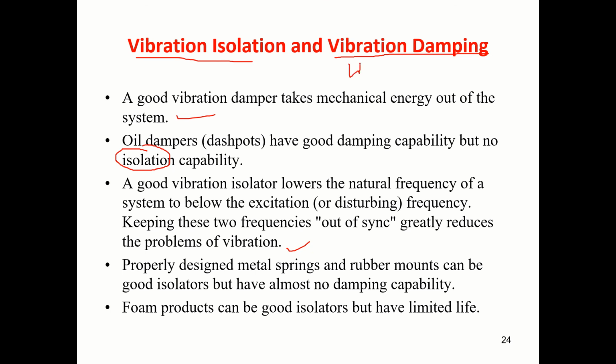See, as I said, natural frequency. Suppose I have a spring and mass, a spring damper system. This is K, this is mass, this is C, the damper. Sometimes we use a different symbol for the damping coefficient. Its natural frequency is what? 1 by 2 pi root of K by M. Some radians per second, some hertz, you get.